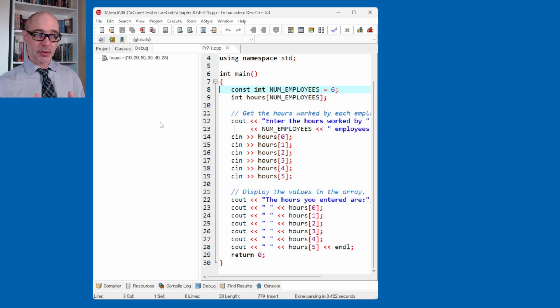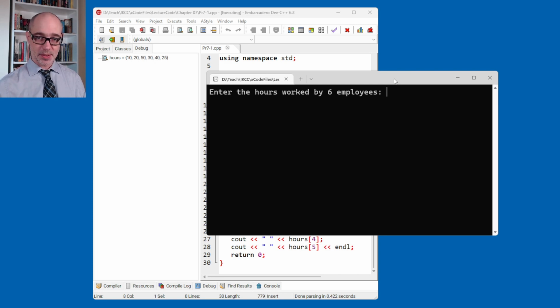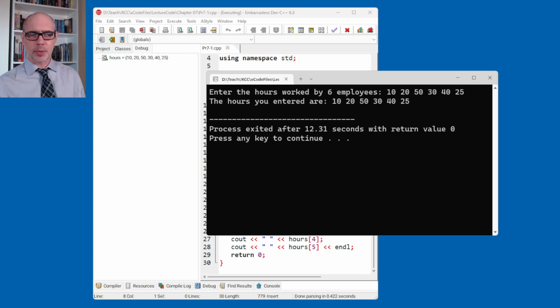But keep in mind, that's not how programs normally run, just one line at a time like that. So I'm just going to run this once at full speed, so to speak. And what the program normally looks like is this. Enter hours worked by 6 employees: 10, 20, 50, 30, 40, 25. Hit enter. And it appears like they just all reappear on the screen. But that's really all these separate statements, one cin, second, third, fourth, fifth, one after the other,